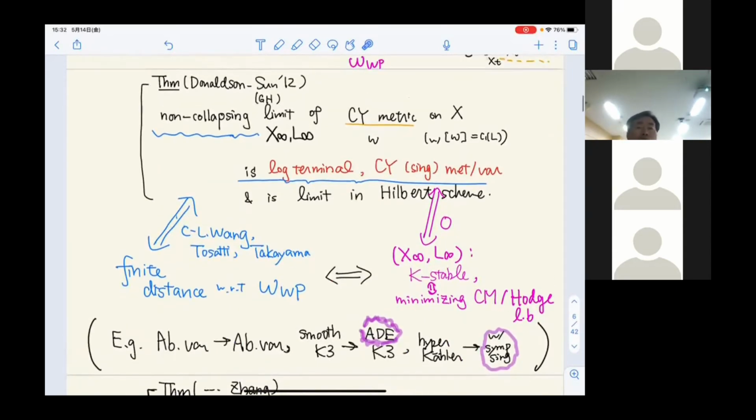So as examples of these non-collapsing limits, in the abelian variety case, it does not degenerate. So this should be just the abelian varieties. But in the K3 case, it's a bit more interesting. The log terminal limit, or non-collapsing limit, is characterized by ADE K3. And in the hyperkähler case, what we get is symplectic singularities,